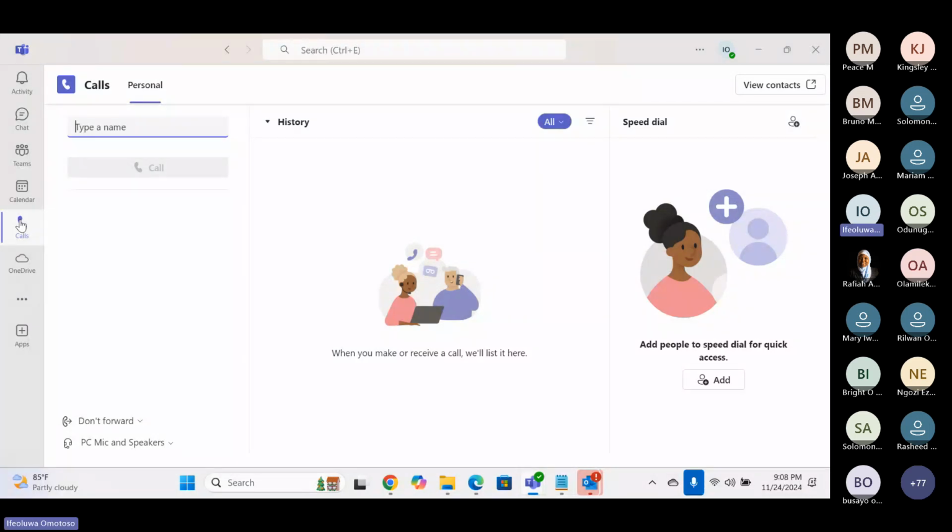You can also have your phone system on Microsoft Teams, meaning that you can have a phone number that can dial people within and outside of your location. Now, this phone system is not currently available in all countries,